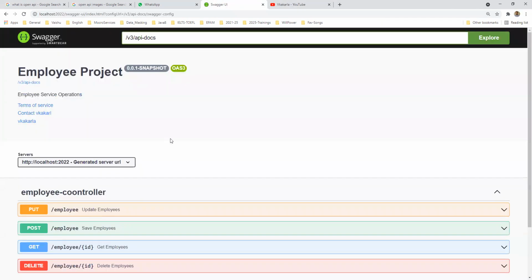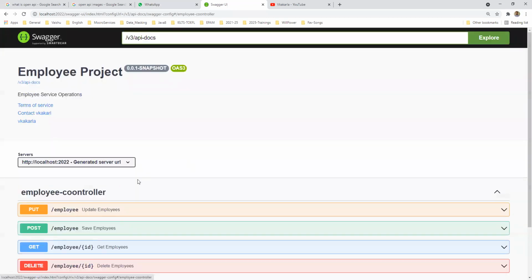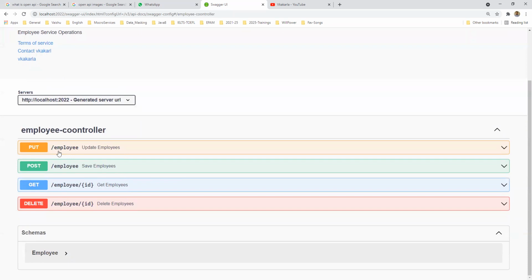And coming to the employee controller, if you click here, you have save employee, update employee, get employee, and delete employee. So we can have the URI along with the summary of this API. But if you remove the summary, any layman seeing these two operations will wonder what this slash employee is.